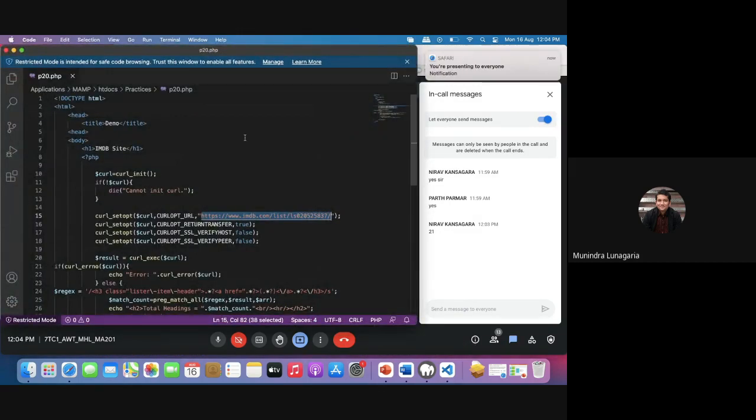So this is the code. Now you already know how the cURL extension works. How does the cURL extension work?